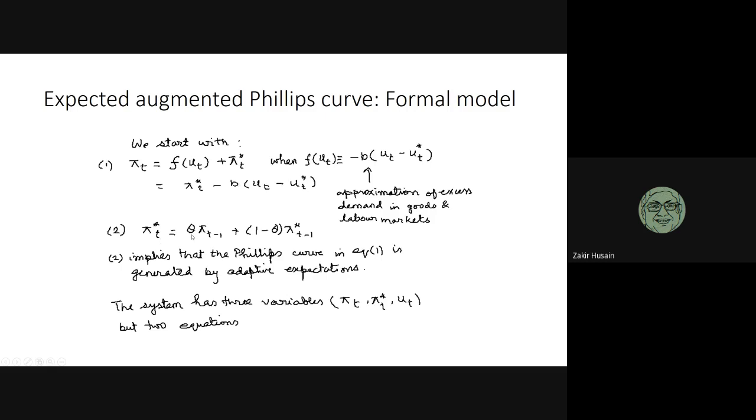Then we introduce another equation to see how expectations adapt. Expected inflation in the current period depends upon the past rate of expectation and what had happened in the past, the actual inflation rate in the earlier period, and pi star t minus 1. That is what I had expected in the past. If you look at it carefully, this is actually